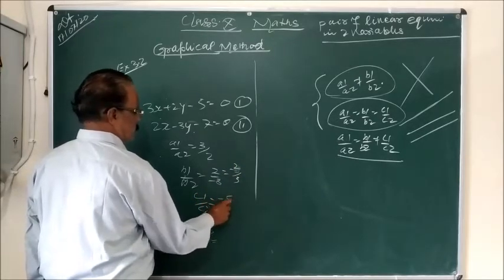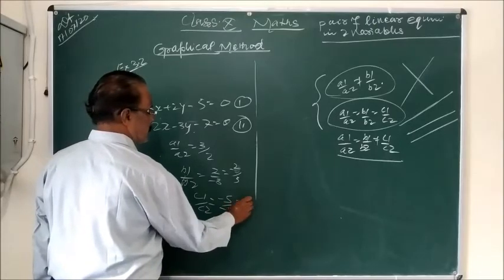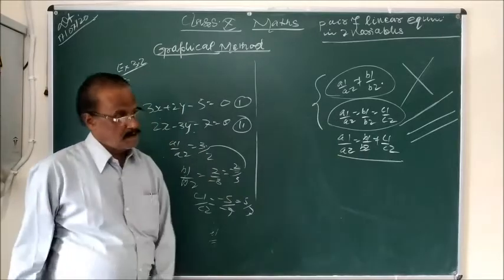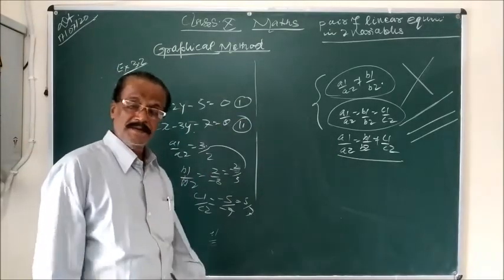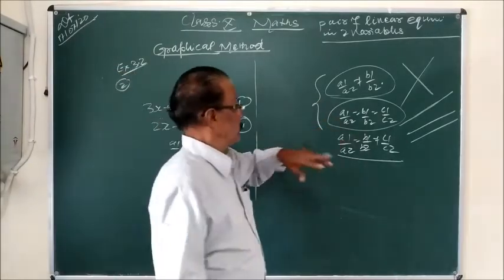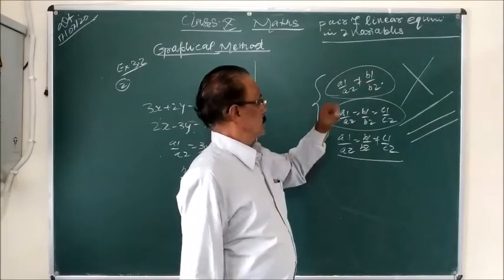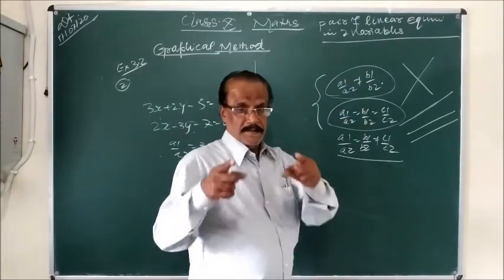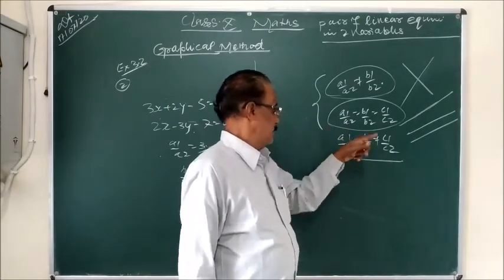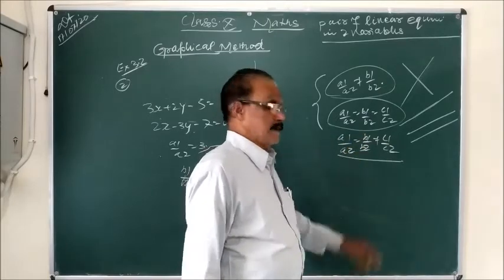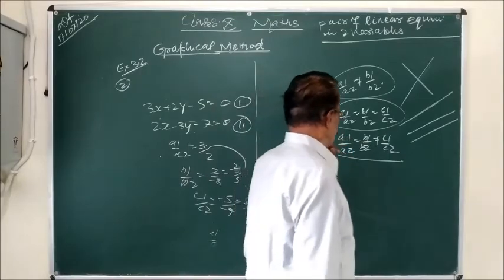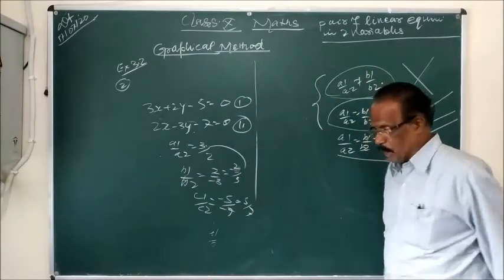So my dear student, it is very simple. By comparing, you can see 3 by 2 is not equal to 2 by 3. The equations will be intersecting lines and therefore they will be consistent. I have already told you, if the equations have a unique solution, or if the equations have many solutions, they are consistent. And if the equations have parallel lines, if this condition is obtained in the given equations, they will be called inconsistent or dependent equations.